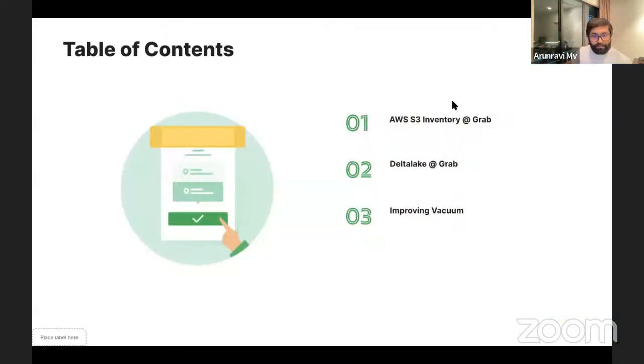So this feature actually uses inventory reports from a cloud provider. So basically, I will take you through how we use inventory in general at Grab. Then what is the use of Delta Lake in Grab, and then how we ended up developing this feature and